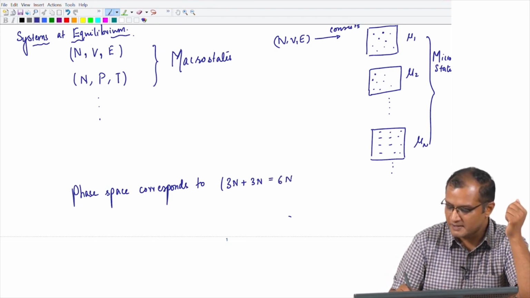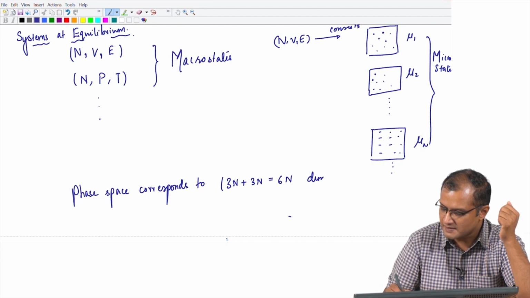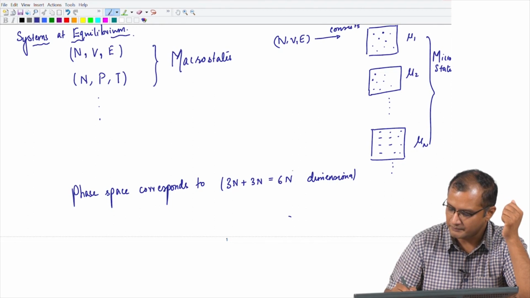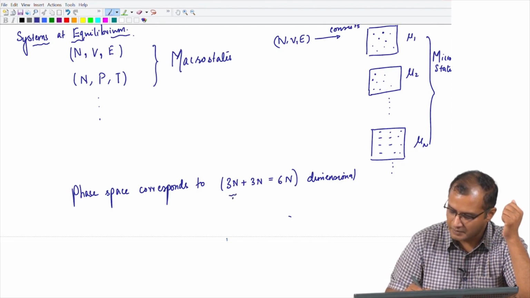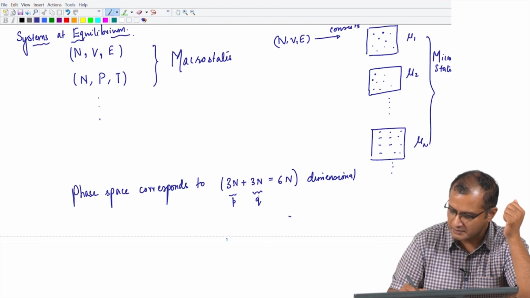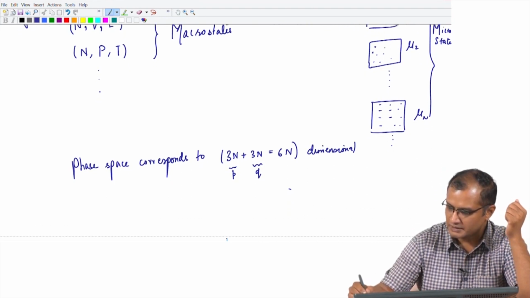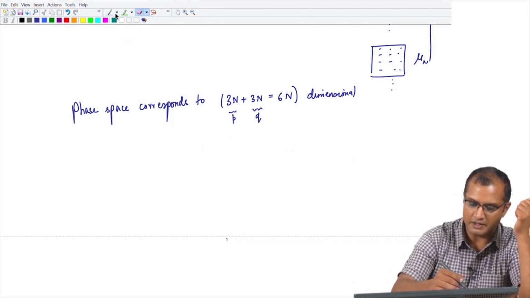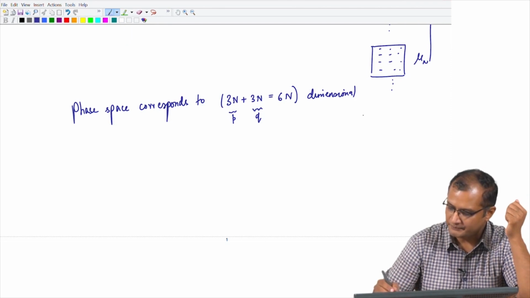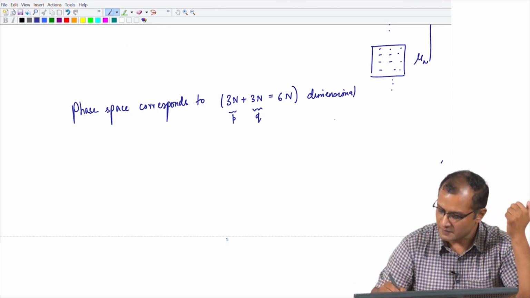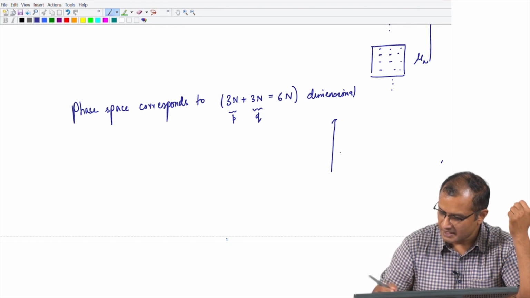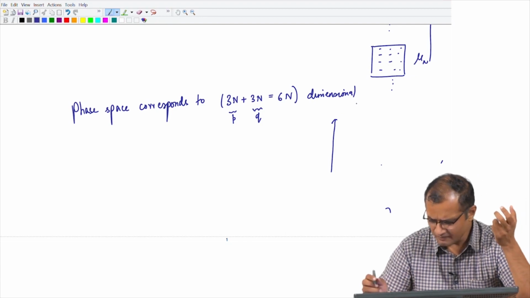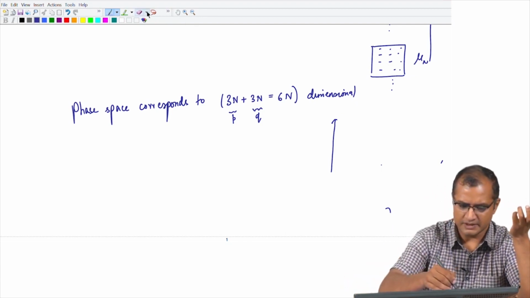So, this is basically a 6N dimensional space. Okay. This is coming from momentum and this is coming from position, and in this phase space I can represent a microstate by a single point. So, each of these mu i's that I have specified can be represented as a single point in the 6N dimensional space. It is hard to visualize this space,